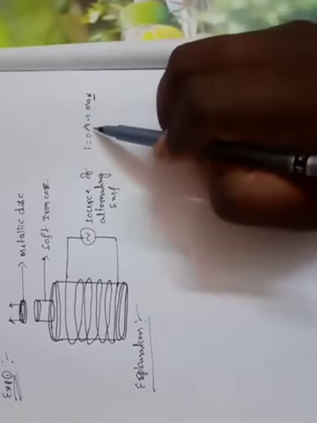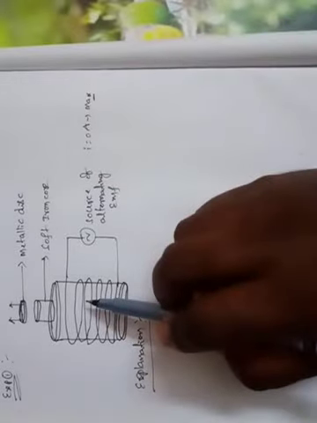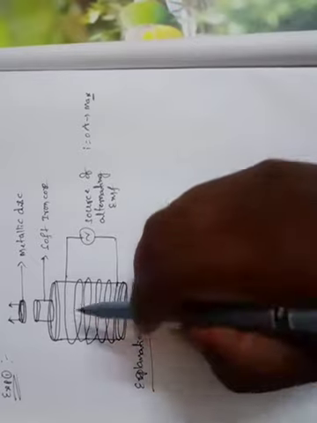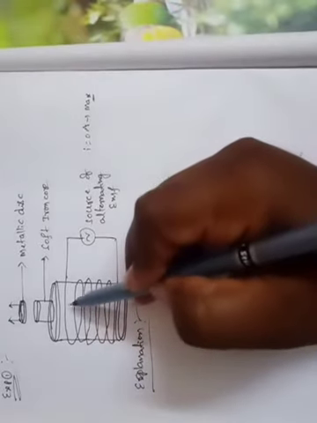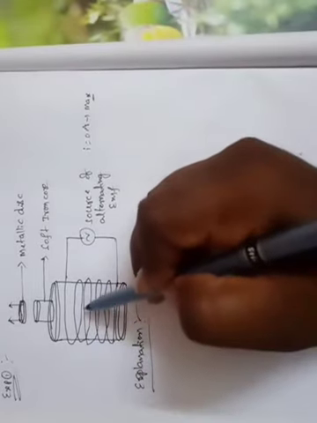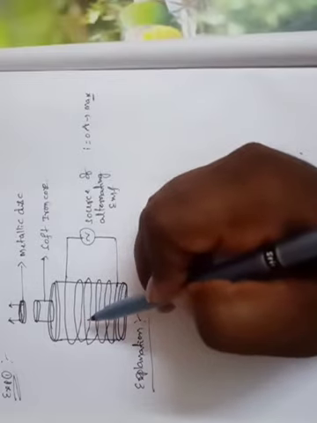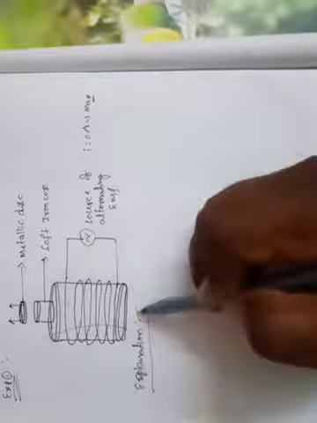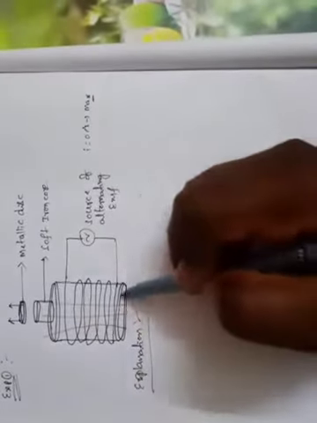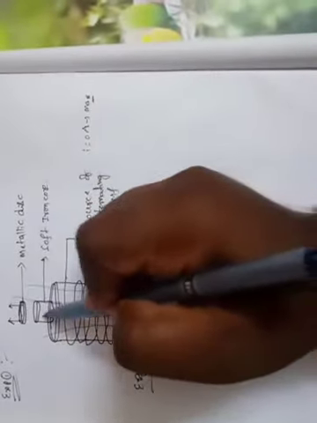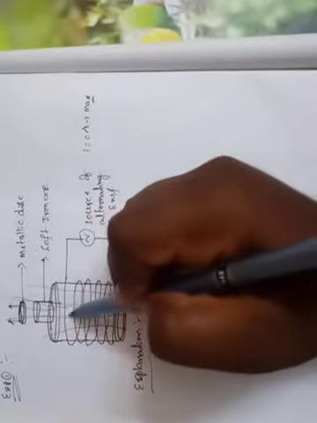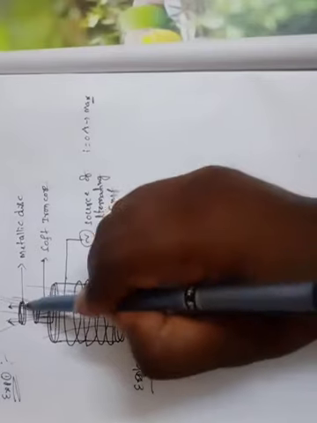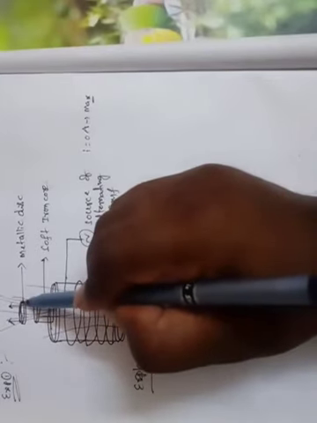Current starts growing means the magnetic field produced by the solenoid is also going to increase. The magnetic field lines produced by the solenoid are going to increase from 0 to a certain value. So this magnetic flux is linked with the disk also. So the magnetic flux linked with the disk changes.